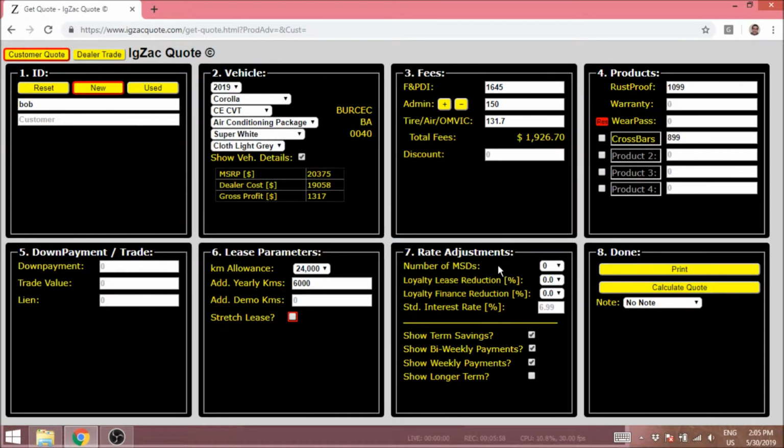Box 7, we have rate adjustments. There's a number of ways to adjust the rates. On Toyota products, customers can adjust the number of multiple security deposits that they want on a lease, 1 to 10, using this drop-down box you see right here. By doing so, it'll automatically recalculate the rates based on the vehicle and the number of MSDs. It'll also print off how much total security is required for the MSD based on the price of one individual